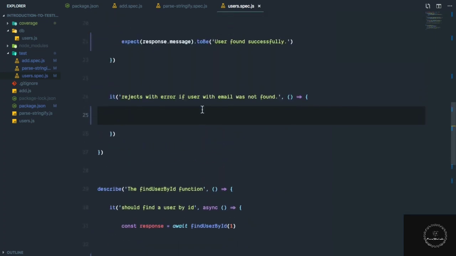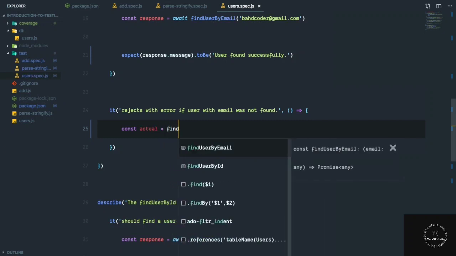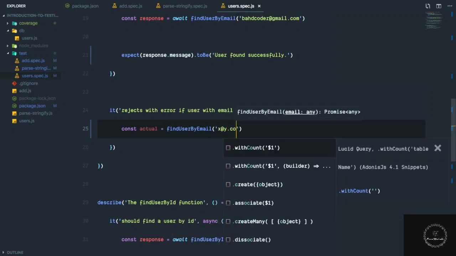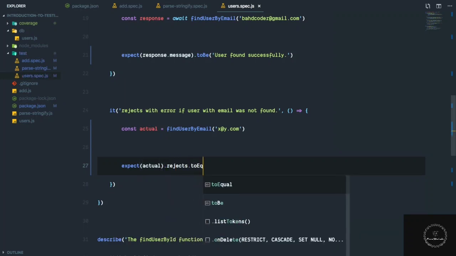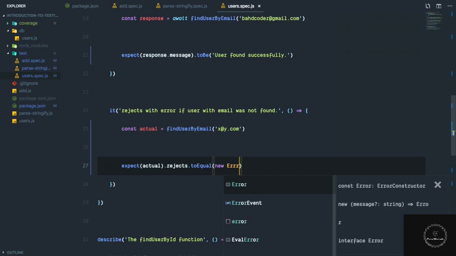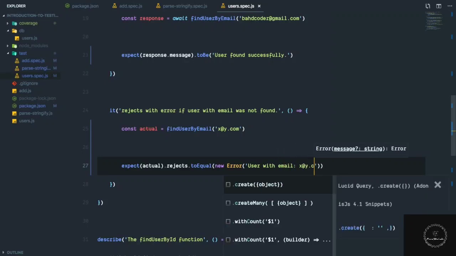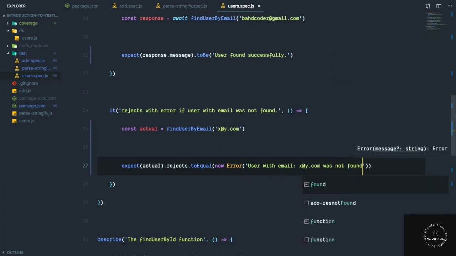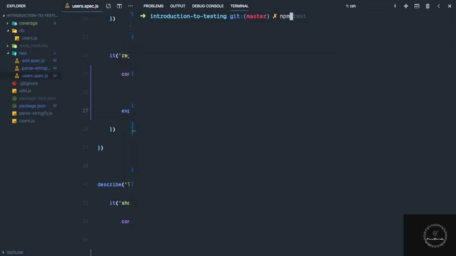So how do we test for rejection? First, we are going to get the actual. And this is going to be calling find user by email with an email that does not exist. Then with Jest, we can expect actual.rejects to equal an error. And here we expect that it should equal a new error with a specific message, which is user with email x@y.com was not found. So we expect that this should reject with an error that equals this. And now if we run our tests